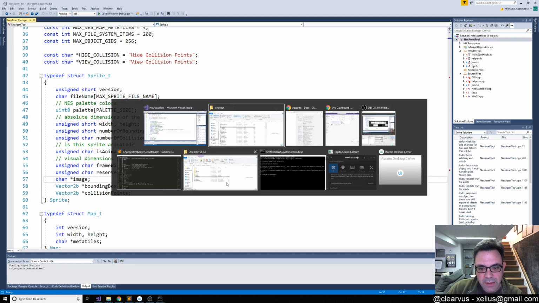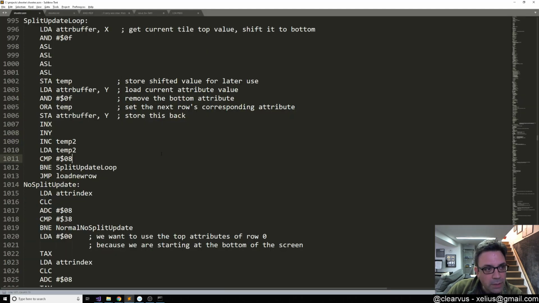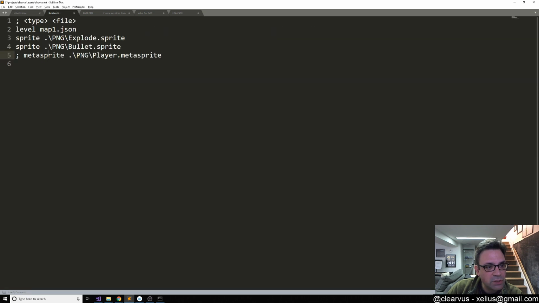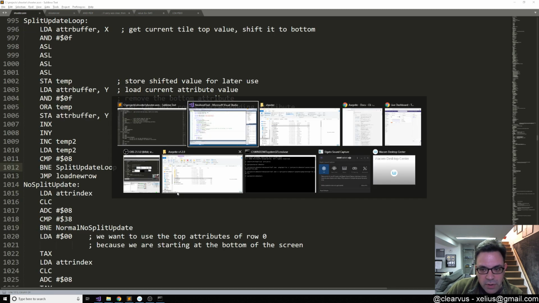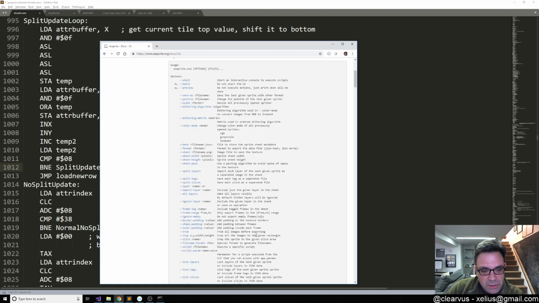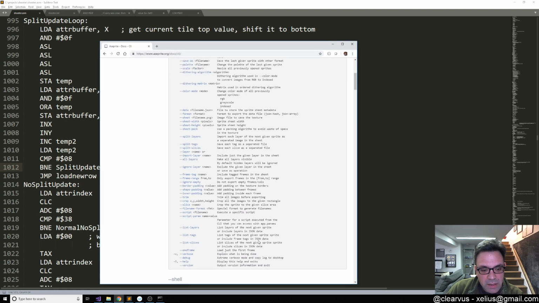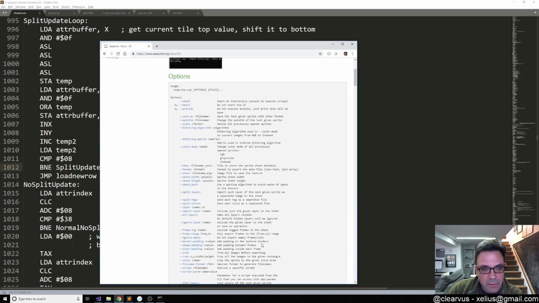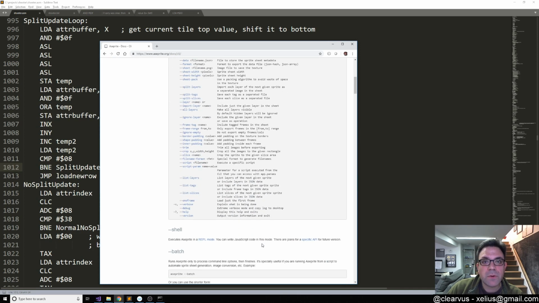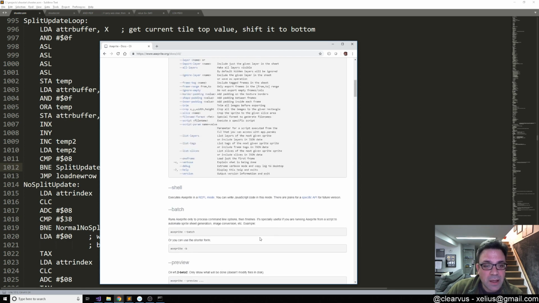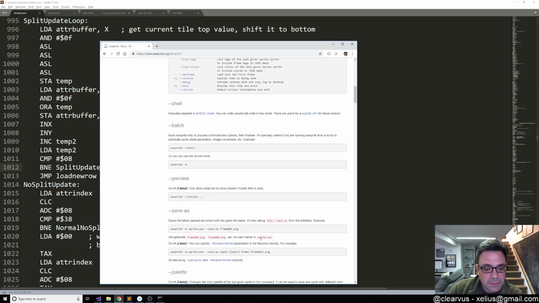We had talked about doing some work with a definition of metasprite, which is a couple of sprites put together as a single object in the game. But I'm trying not to be too ambitious about what we do each stream, because otherwise they end up being like 4 hours long, which is too long for me and for you. So, all right, let's